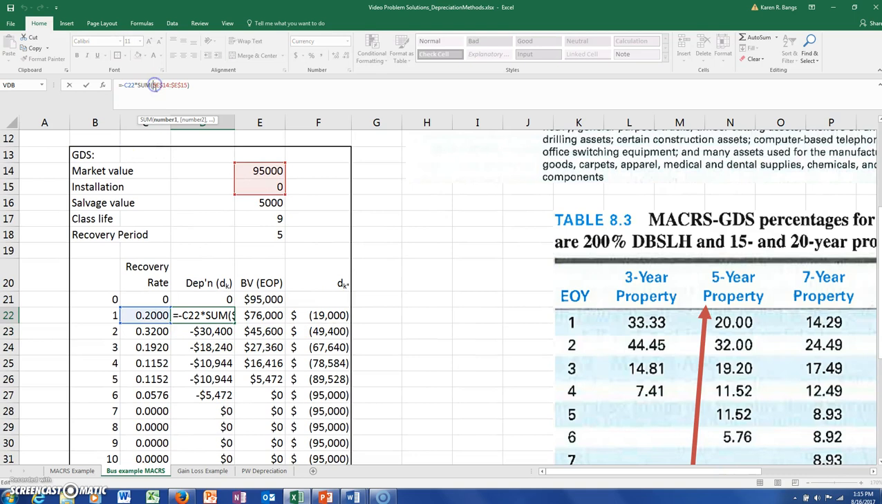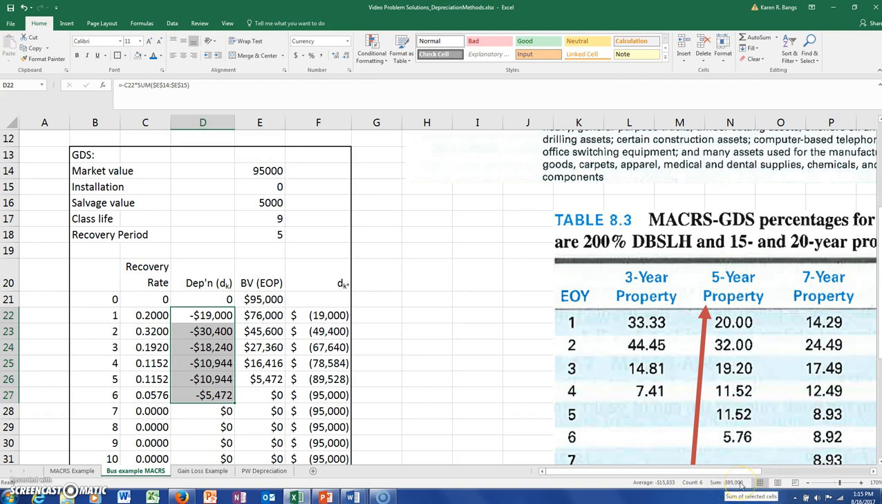So we have 20% times $95,000 is $19,000. We have the periodic depreciation for year 3 is 19.2% times 95,000. Remember in MACRS, the depreciation for the period is always the recovery rate times the cost basis, the original cost basis. And we can see that the sum of all the depreciation adds up to